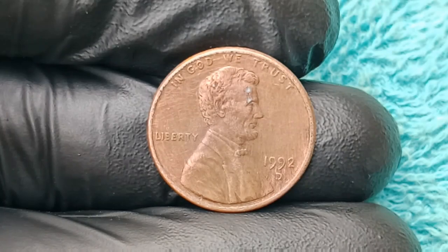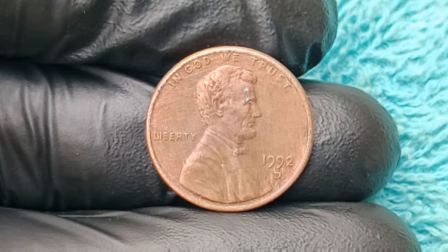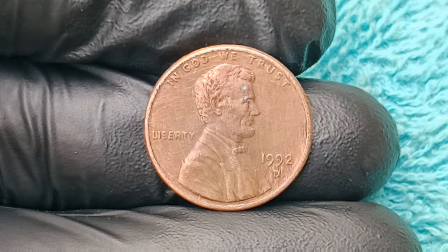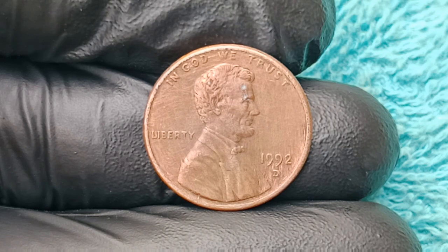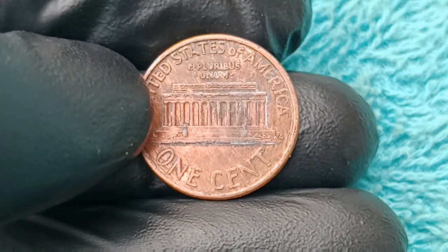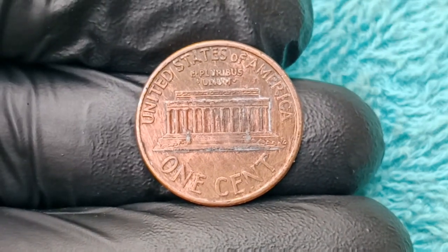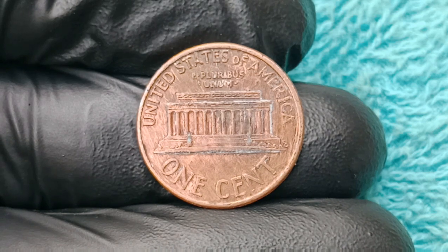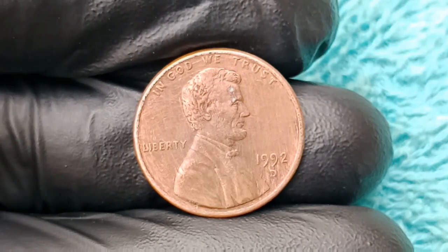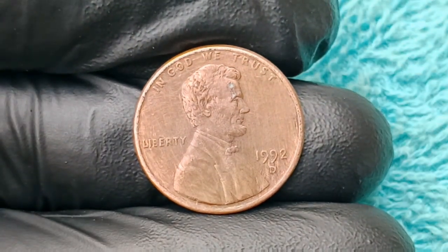die with a circulation strike that catapulted the coin into a league of its own, because only a tiny handful of 1992 AD close AM cents are known to exist in the entire world, making it one of the rarest modern Lincoln cents ever produced and a numismatic anomaly that continues to baffle experts and excite the imagination of collectors worldwide. And the sheer improbability of this minting error has led to intense speculation about how such a rare die